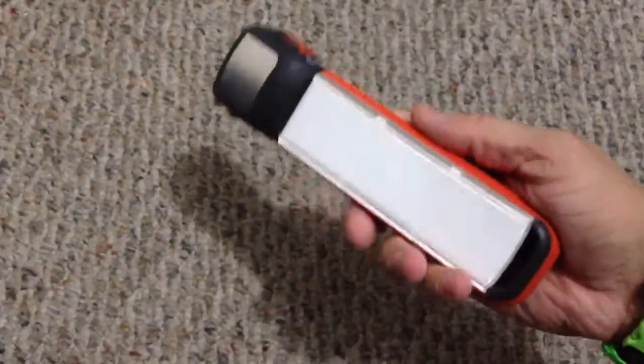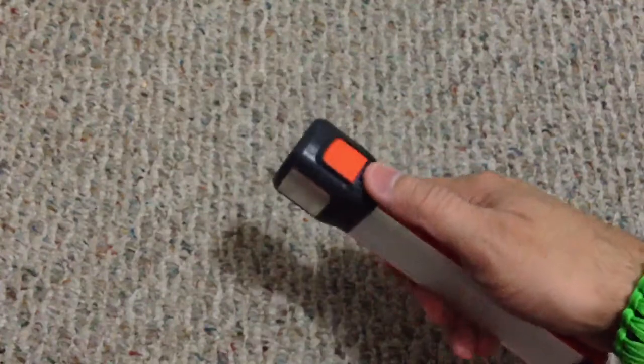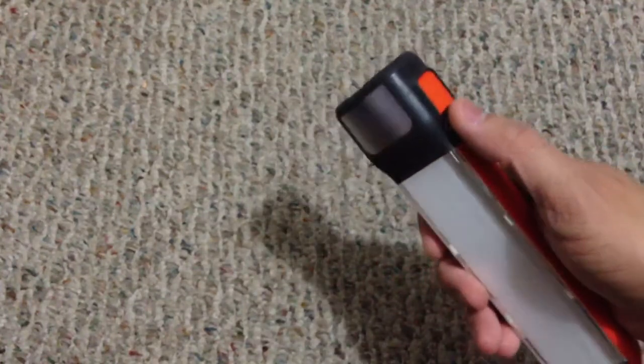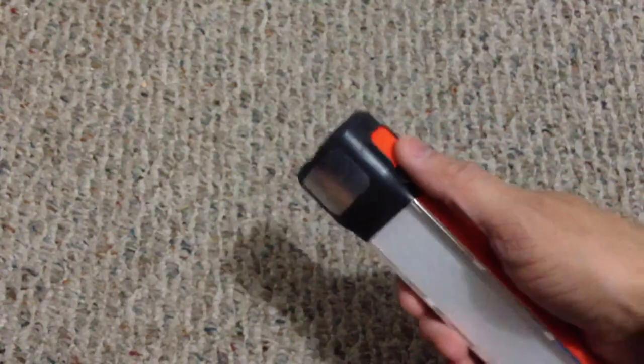When you're at home or whatnot, that's always an option. But it'll definitely fit in a lot of different places. Now, the other cool thing about this is the actual light. You are able to dim it. And basically, if you don't want the 75 lumens or the 100 lumens and you want to bring it down,